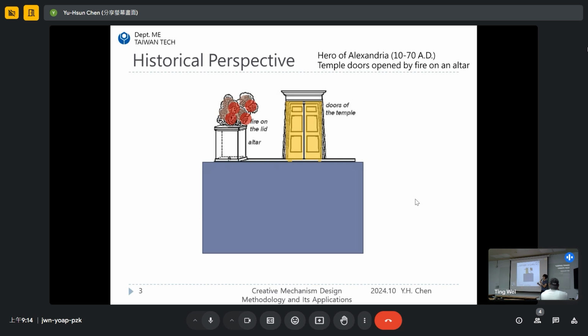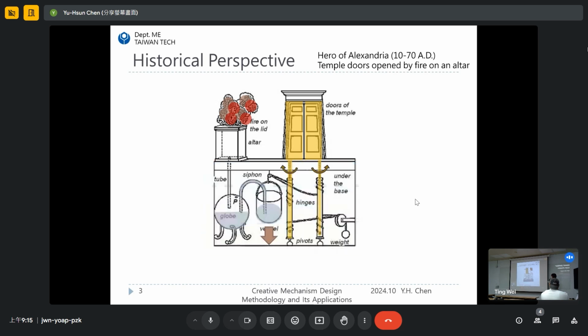So how could we generate this kind of design? I would like to remove this part to show you how people designed that at the time. That is, there is a container. In the beginning, it's full of water. Once the temperature increases, the